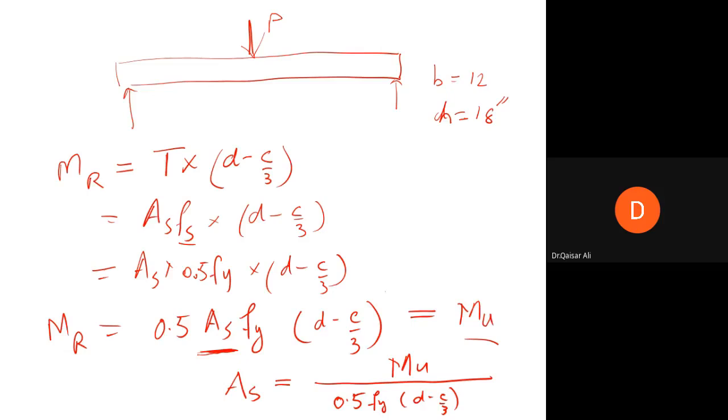अच्छा, अब इसमें अगर ये small c हमें पता चल जाए तो हम AS मालूम कर सकते हैं, we can design this beam। तो small c हम कैसे मालूम करेंगे? We have another equation in this stage number 2। वो C आप T के बराबर ले लें। ये इक्वेशन अपने पास लिख लें, AS is equal to MU divided by 0.5 FY D minus c by 3, and we will write down the other equation now. लिख लिया आप लोगों ने? Yes sir. अच्छा, ओके।